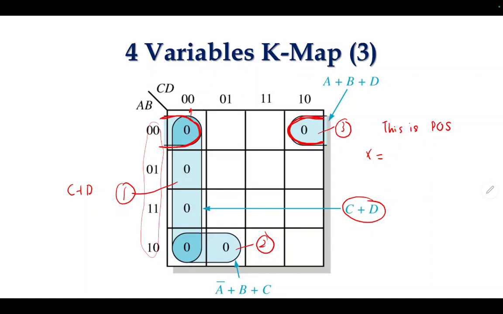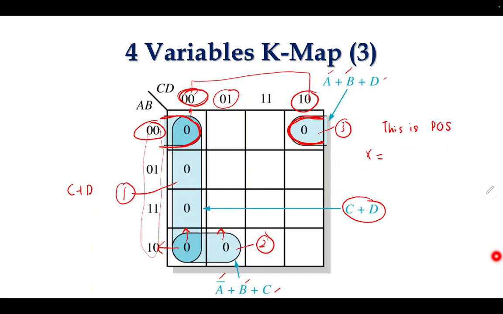Okay, for here, number 2, so you read this line and 2 line on the top. So you read A as 1, B as 0. So A bar plus B. And then on the top here, you got C and D. So C is 0 and 0. So you read C. And then for equation number 3, you compare here, here, and here. So you got A and B 0, 0. So that's why you got A plus B. And then top here, only D. D doesn't change state. 0, 0. So you read D.